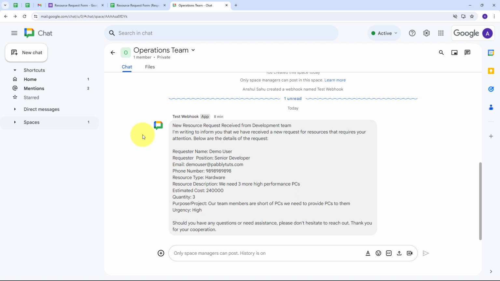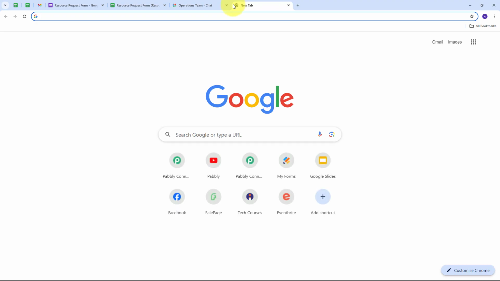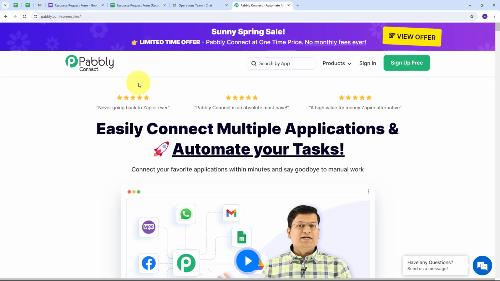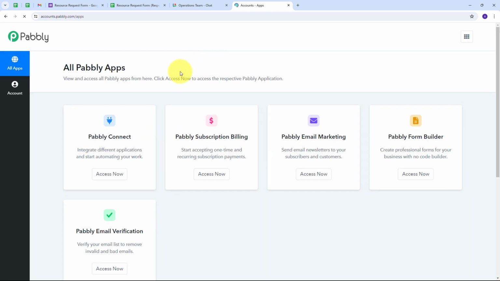For that, I need to use Pabbly Connect, and for using Pabbly Connect, I have to open a new tab and search for pabbly.com/connect, and it will take us to this landing page of Pabbly Connect. Here we have two options, sign in and sign up for free. If you don't have any account with Pabbly Connect, then you just have to click on this sign up for free button, and it will take only 2 minutes of your time and you will get 100 tasks free every month. Or if you already have an account, you can just sign in